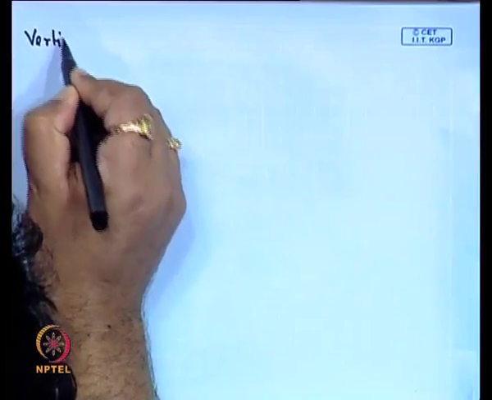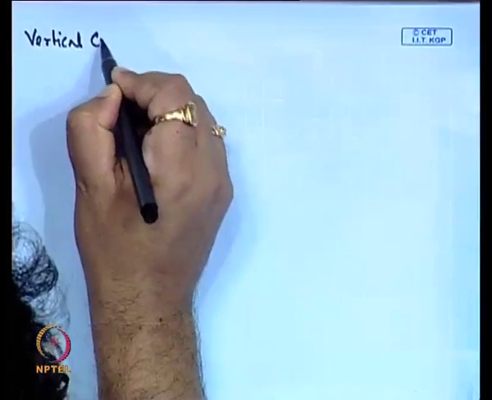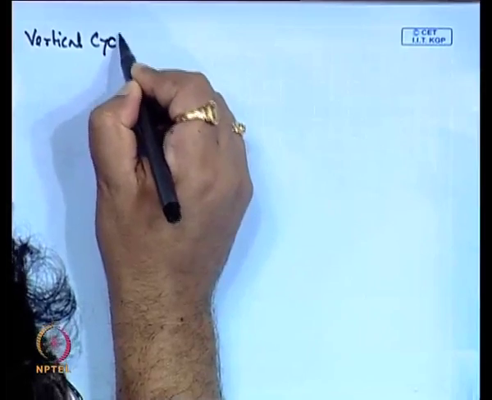Now, if we want to know the contribution from the tip resistance and the friction part separately, then you have to go for the cyclic pile load test. In this section, I will discuss the cyclic pile load test and how to determine the frictional resistance of the pile and the tip resistance of the pile based on this cyclic pile load test. This section covers the vertical cyclic pile load test.